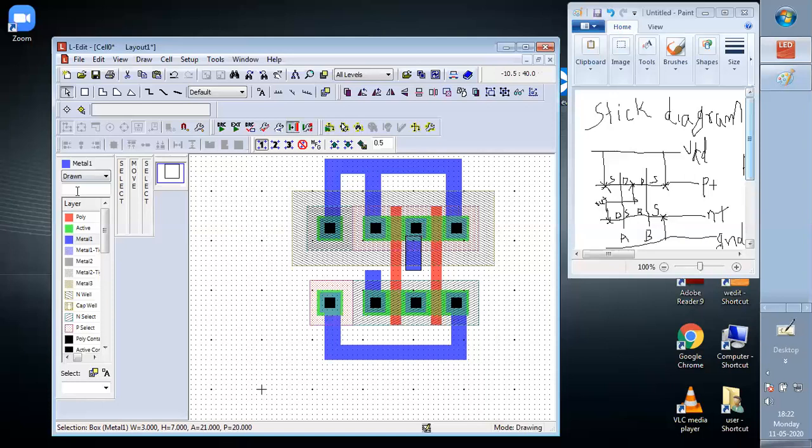So metal is selected, box is selected, and we have to see that the minimum width should be 3 lambda.